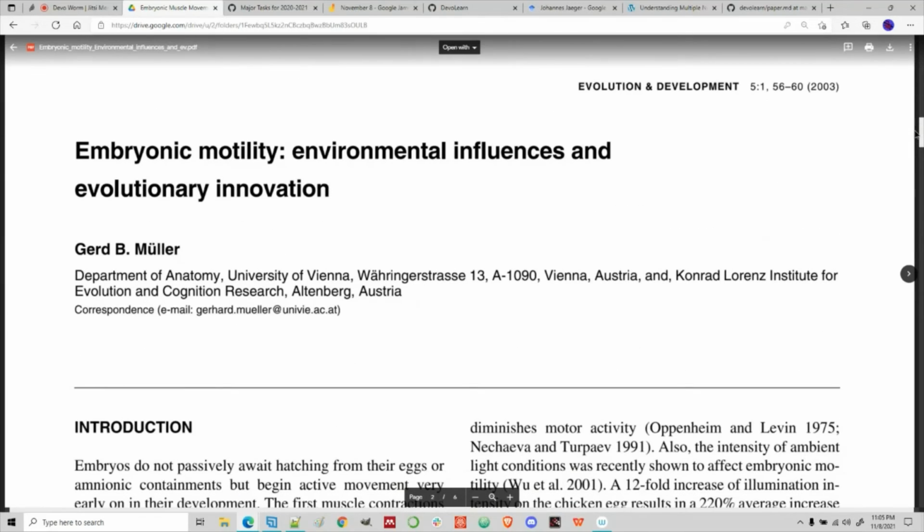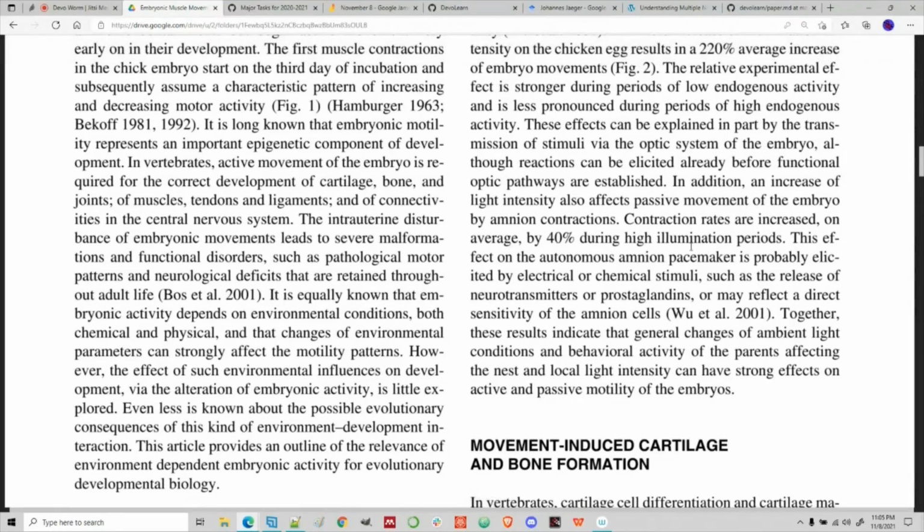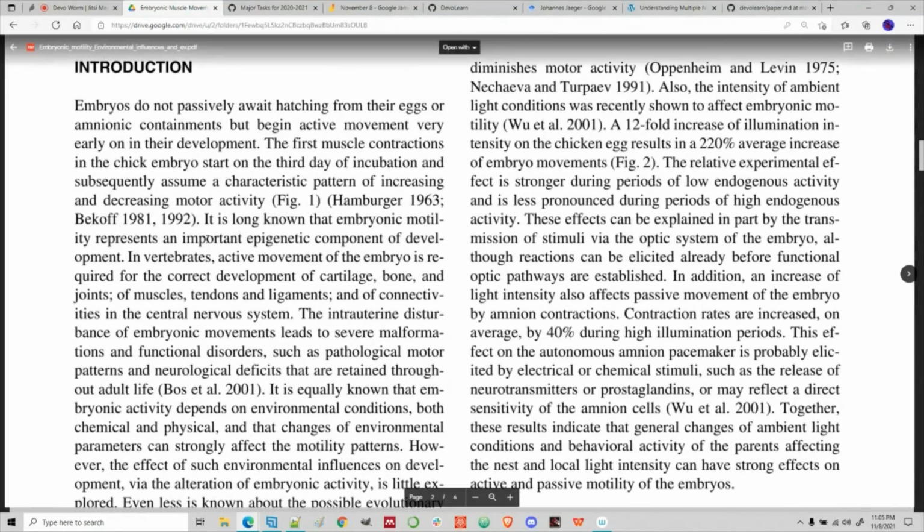And so this is a paper on embryonic motility. So this is about movement in the embryo. I think this is just a general review here. So embryos do not passively await hatching from their eggs or amniotic containments, but begin active movement very early on in their development. The first muscle contractions in the chick embryo, for example, so these are chickens, they start on the 3rd day of incubation and subsequently assume a characteristic pattern of increasing and decreasing motor